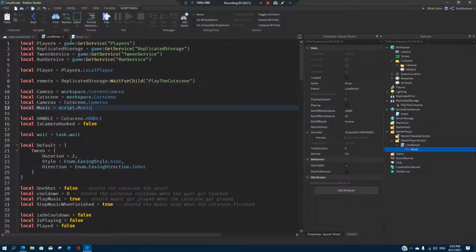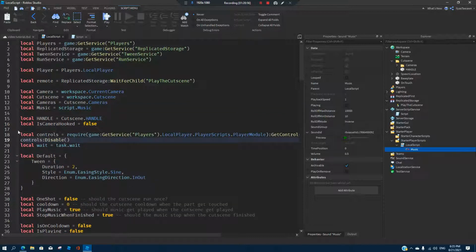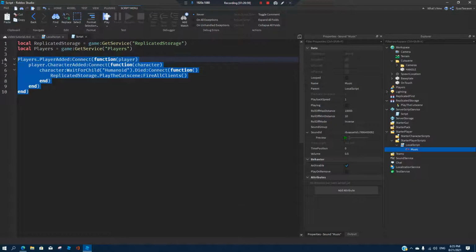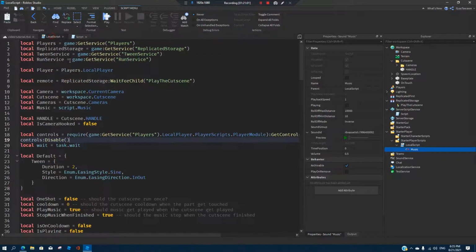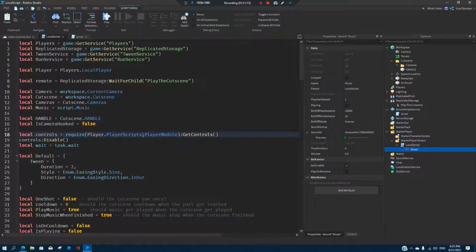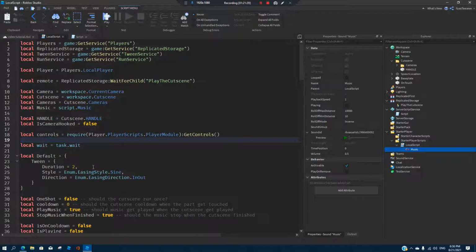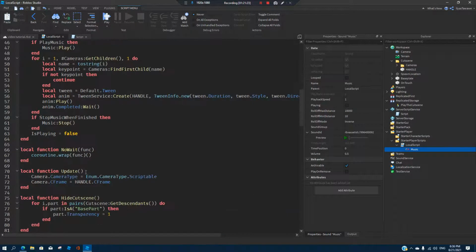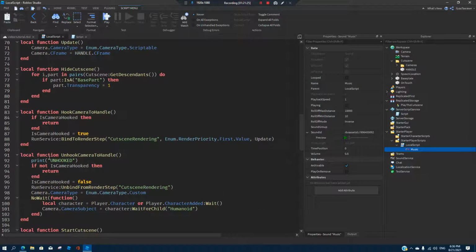So this is what I'm going to do here in the local scripts. I'm going to say local controls. Here we go. I already have the player service. I already have the player, so I can just replace this with player. So require player scripts player module get controls, and then controls disable. But this controls disable, I'm going to make it inside